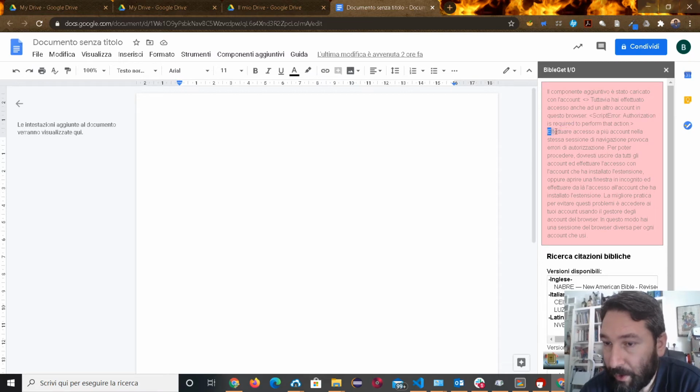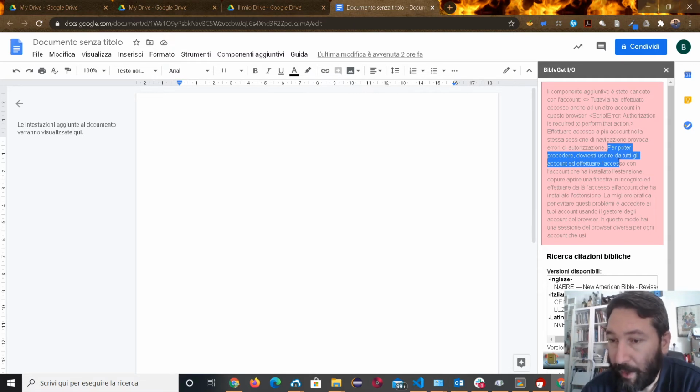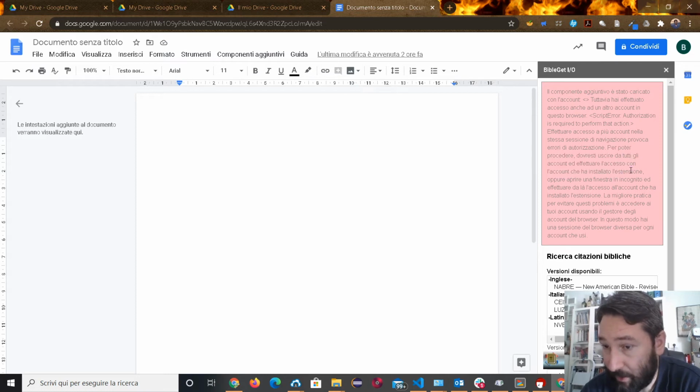So when you try to log in with more than one account in the same browser session, this creates authorization errors. In order to proceed, you should log out from all accounts and then log in with the account that has installed the extension. Or you should try to open